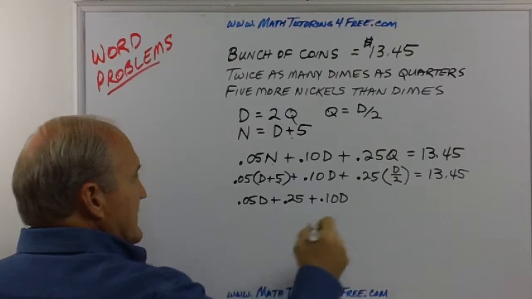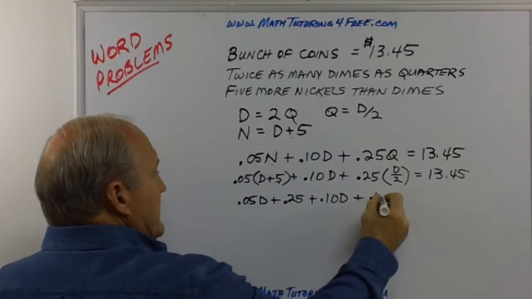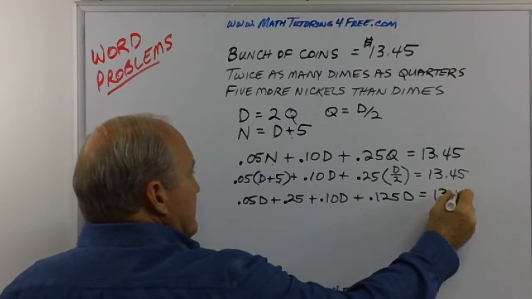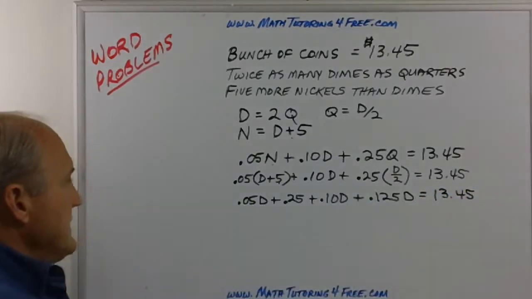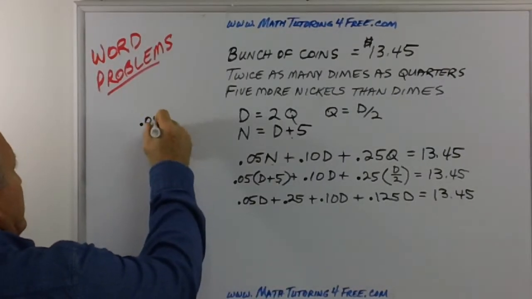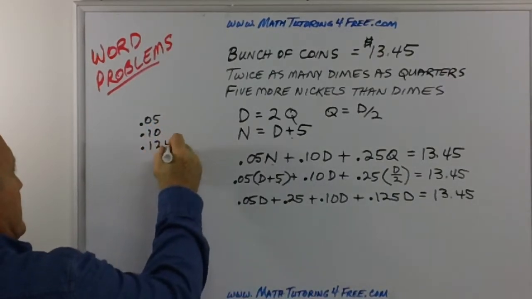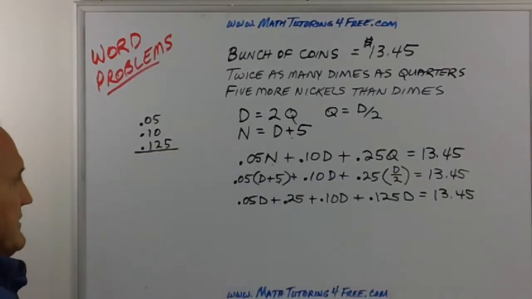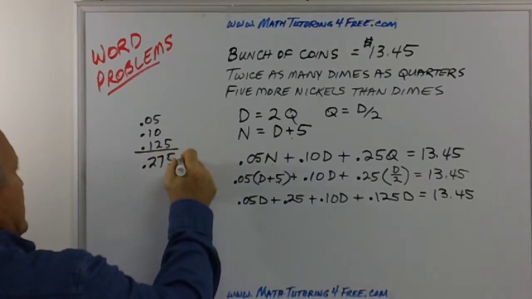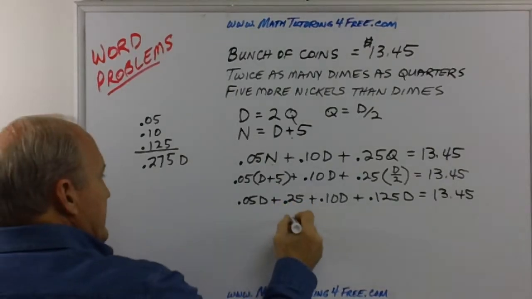Uh-oh, it gets more complex. Well, we have to divide 2 into 0.25. So that becomes 0.125 times D. And that's still equal to 1345. Can we combine all the D's? We've got 0.05, we've got 0.10, and we have 0.125. If we add those together, we have 0.275 D, don't we? We've still got this 25 cents by itself, so now we have 0.25